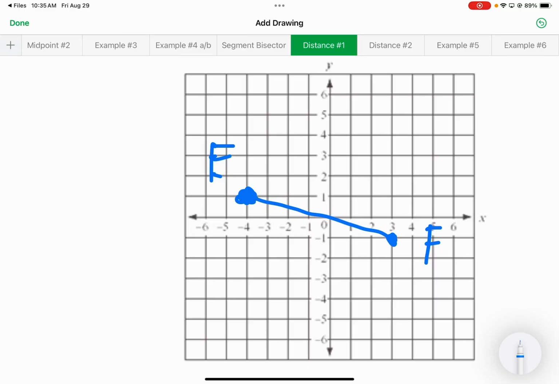Now, how on earth am I going to use Pythagorean theorem to figure out what the distance between those two points is? I need a triangle of some sort. Haya, what are you thinking? I went down to